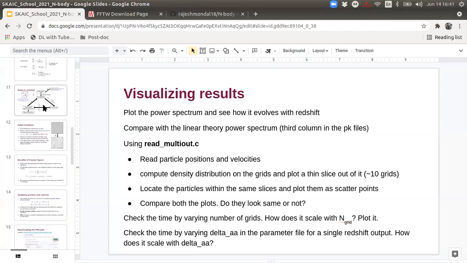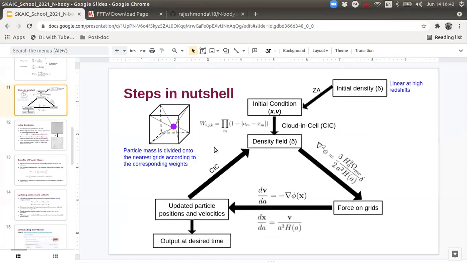Every time, at every step, when you are calculating the force onto the grids using some particle distribution, you need to go to the Fourier space. So you generate the particle distribution and the density in the real space, then you go to the Fourier space, compute the force, and then come back to the real space. So this goes on. This is an important, key step in the code.